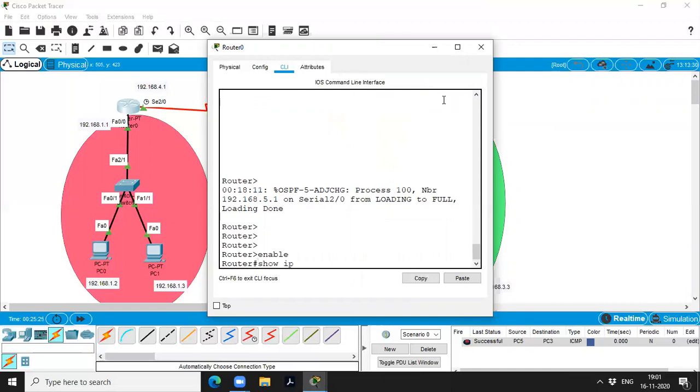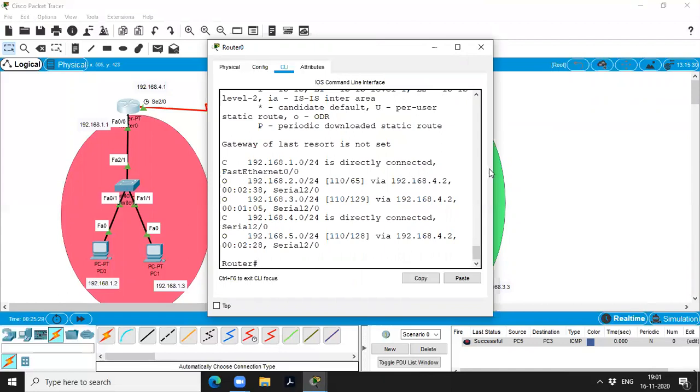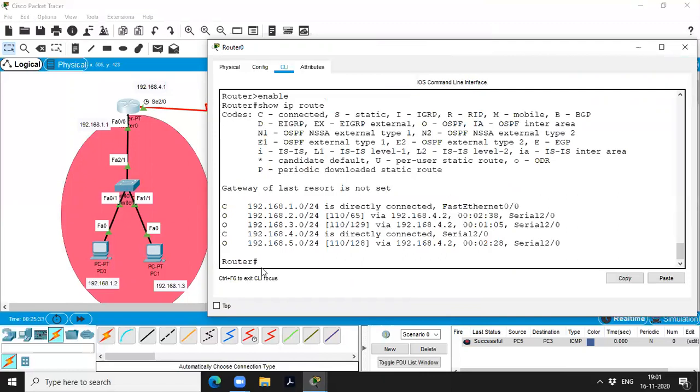Here the command is show ip route. If you see, the router is acting as OSPF. You see here O, O and O. 192.168.2.0 is acting as OSPF. The result O belongs to an OSPF network.